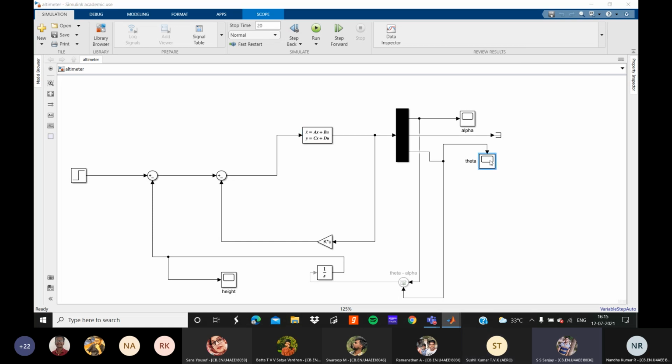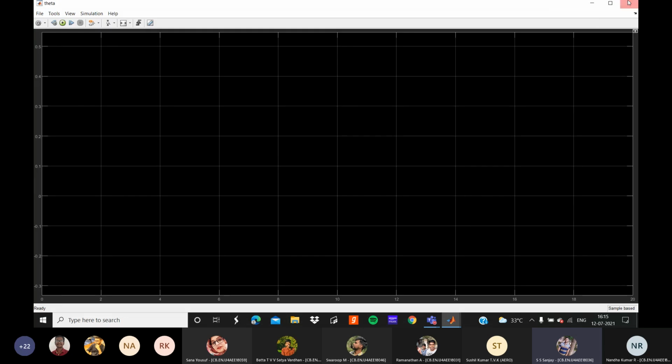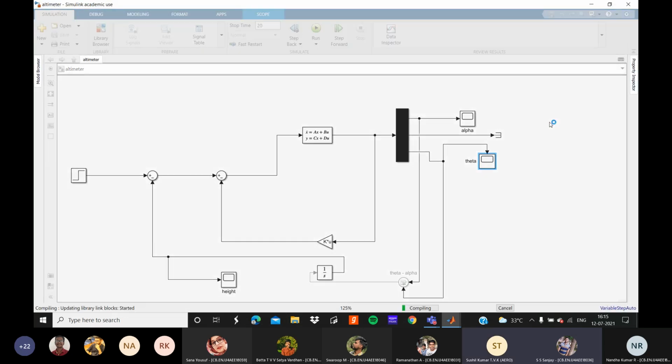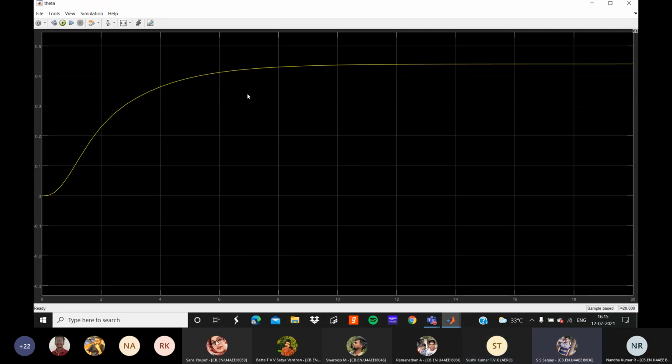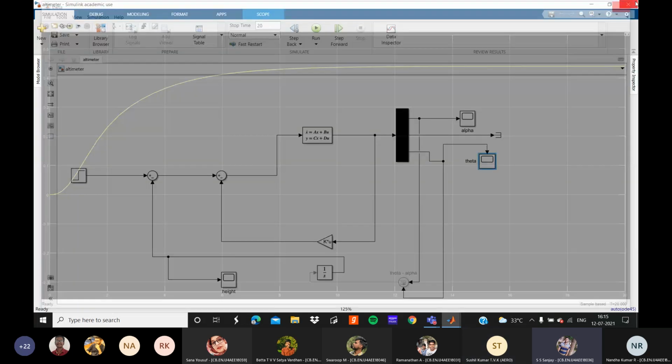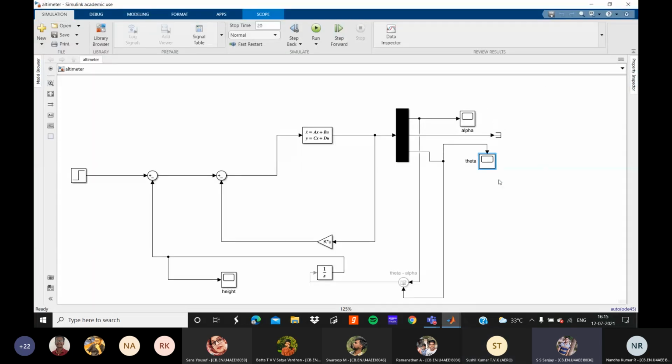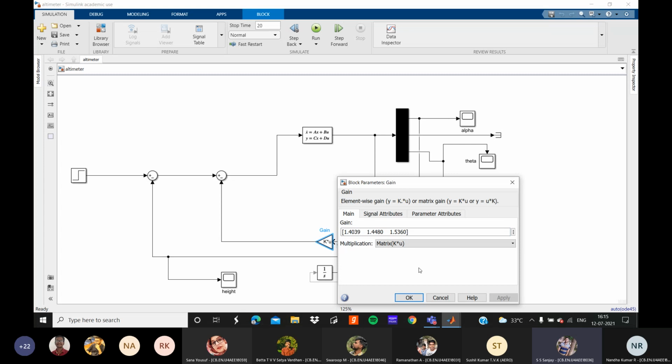This is the theta we got. It's stable after some 7 seconds. The way we designed theta is by designing the gain matrix K. We used a method known as LQR, linear quadratic regulator. We used the controllability matrix, did some manipulation, and got this gain matrix, which gives us this kind of theta variation.